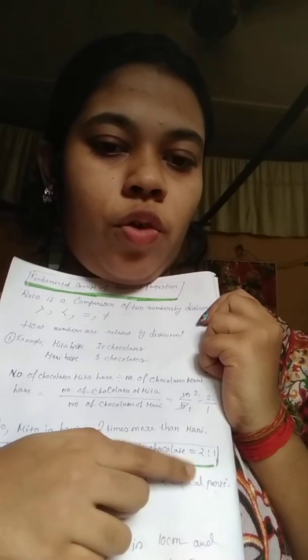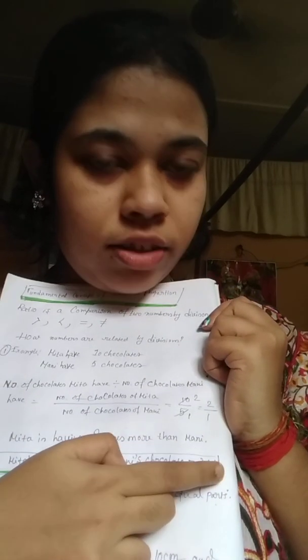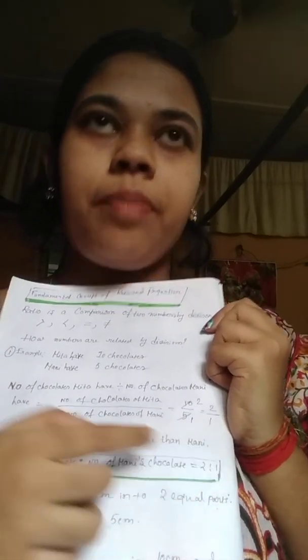2:1. Now see one thing: there is no unit. If you find the ratio of anything, you will find that the ratio has no unit. This is another difference between ratio and division. Divisions can have units, but ratio will never have units, because in ratio we are comparing the same type of things, so the units cut out.